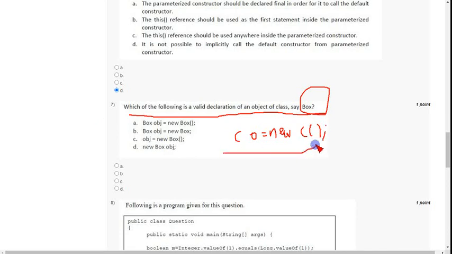This is the actual format. Here the class name is Box, the object name is obj equals new Box with parenthesis open and closed and a semicolon. So mark option A as the correct answer for the seventh question.